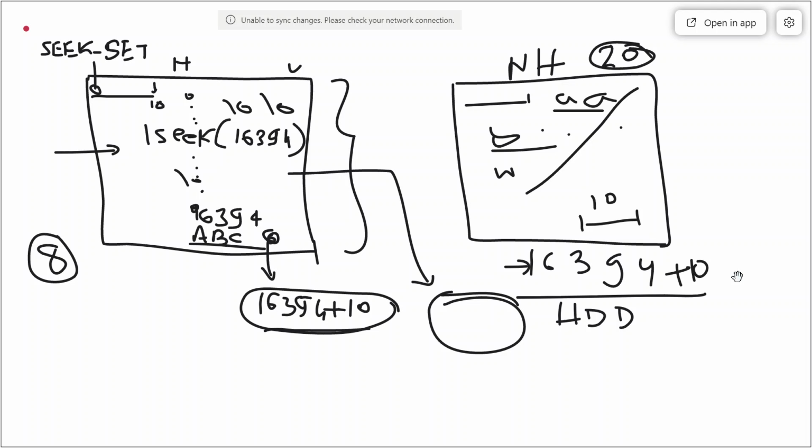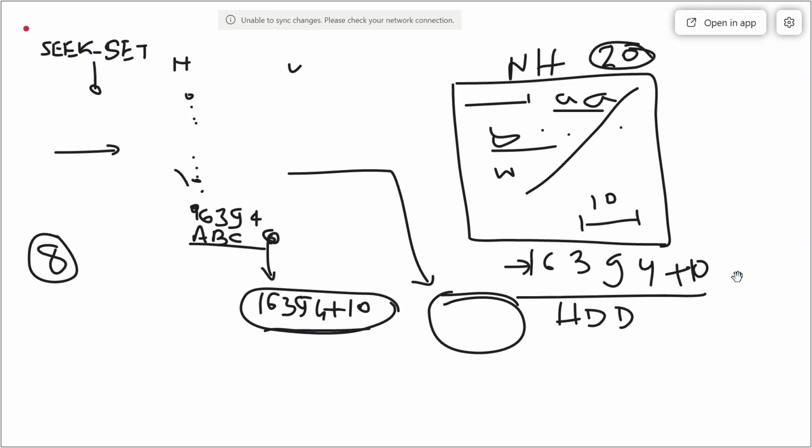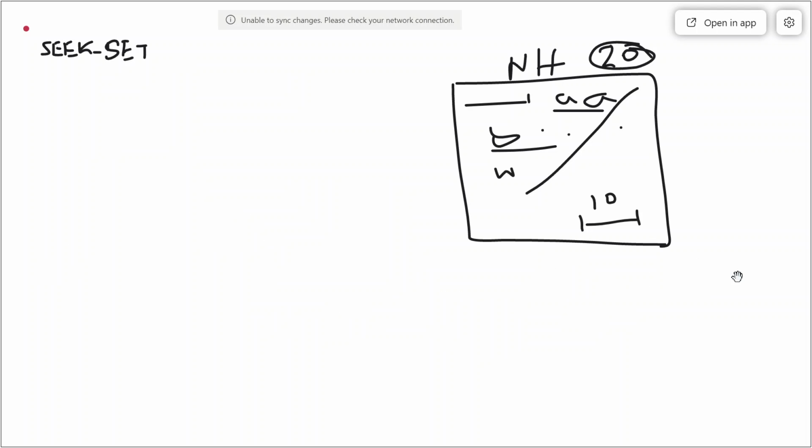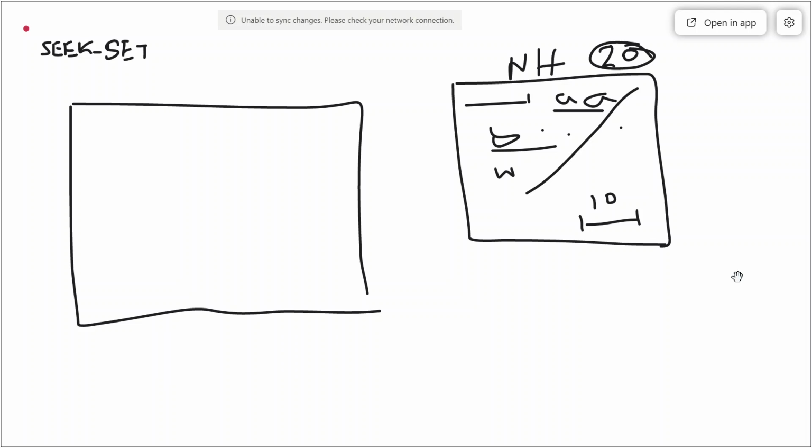Now one may ask, what is the concept of a block? The concept of a block is something like this; I'll just describe it. You may have seen it in any book also. Suppose this is my hard disk. This hard drive may be formatted with a different file system.